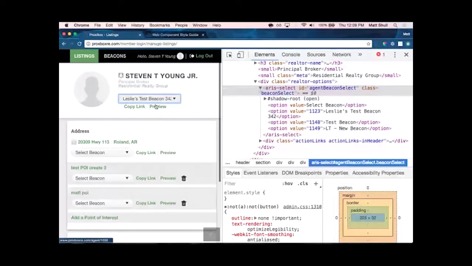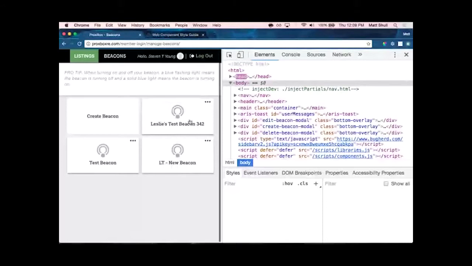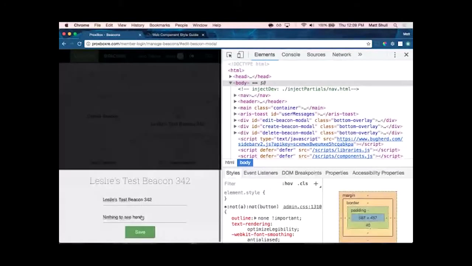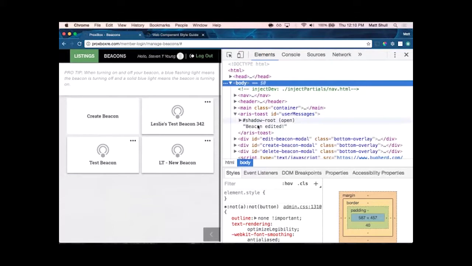Then also, we have our select box that we created, and then we created a toast as well. So if I go in and I edit one of these, I can save it, and in the bottom left of the screen here, you'll see it says beacon edited, and it's using this ERIS toast element, which has our message to the user inside there,